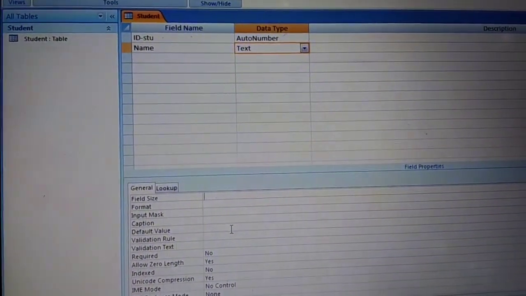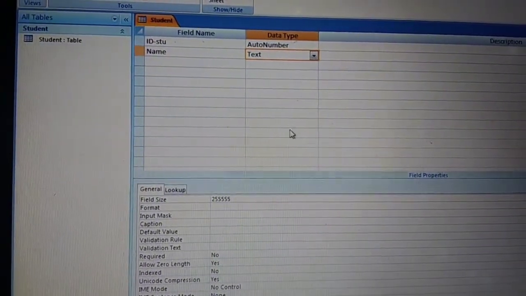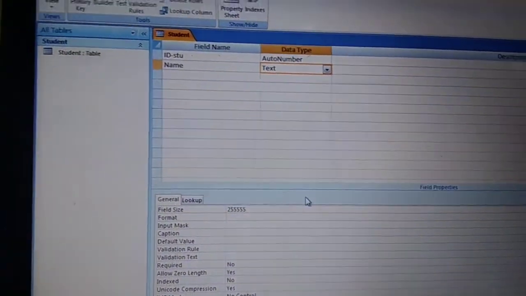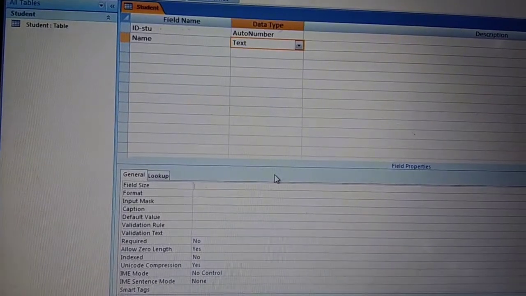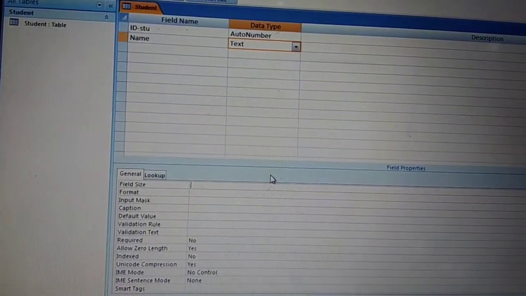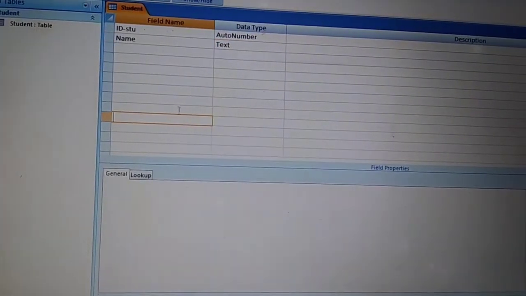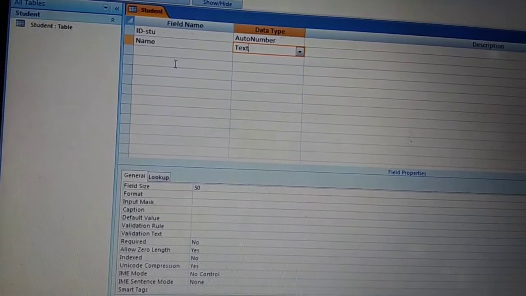You cannot exceed more than 255. If you write more than 255, it will not take it, it will give you an error. You can write less than 255, any value you can use. So the text can be of maximum 50.